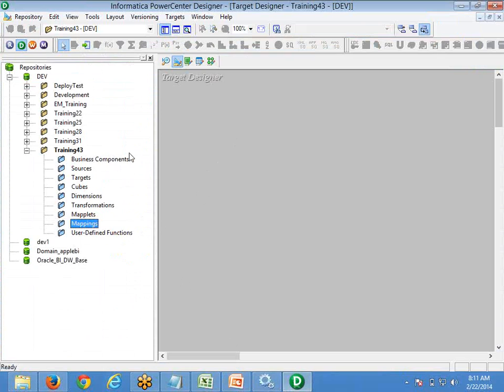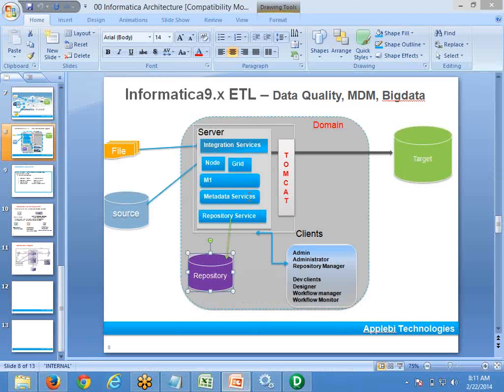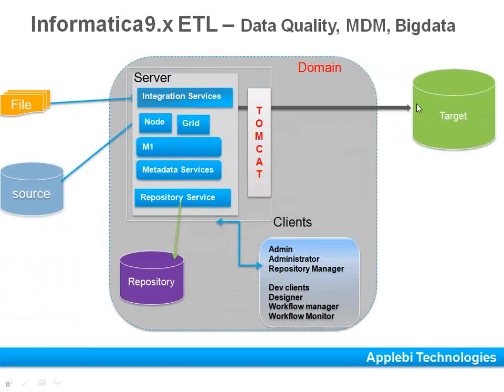So majorly, in a folder, which is like a project for you, we have the subcomponents called Source Analyzer, then Target Designer, and then the Mapping Designer. Generally, ultimately, when you take any ETL, what are we going to do? We are going to extract and load.